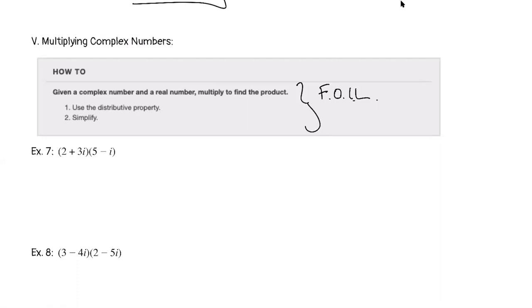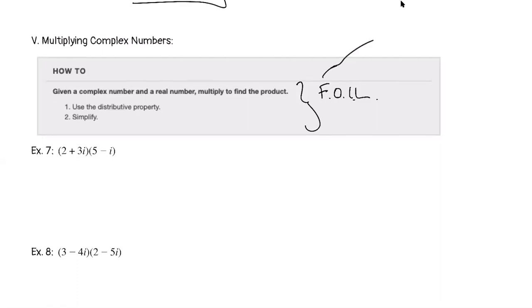The F stands for first. You take the first terms and you multiply them. Then you take the outer terms, the inner terms, and the last terms. That's where we get FOIL from. So if we apply that to example 7,